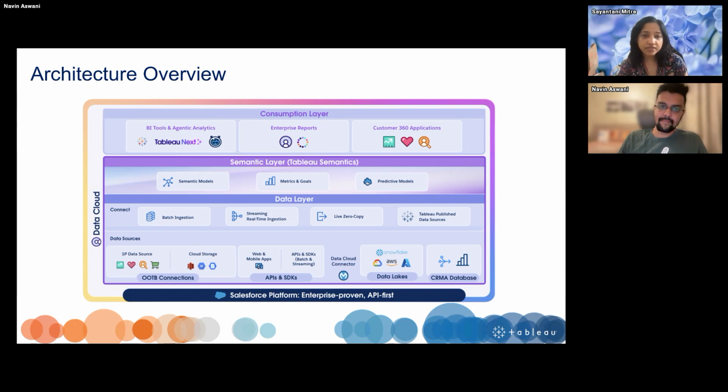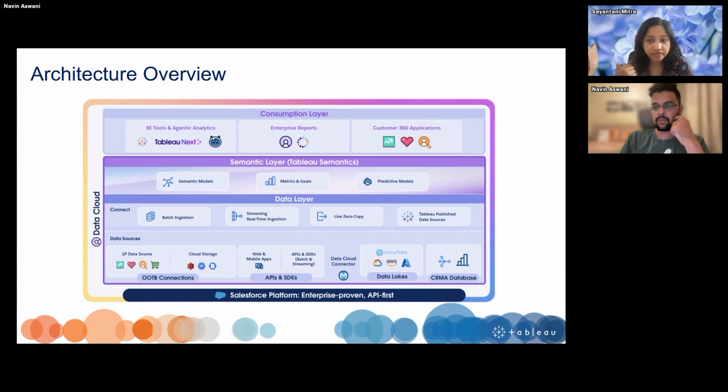Then all of this helps you consume the data set, or whatever you're creating out of that, in BI tools and agentic analytics. So Tableau Next, CRM Analytics, all of those. In addition to that, enterprise reporting becomes available.